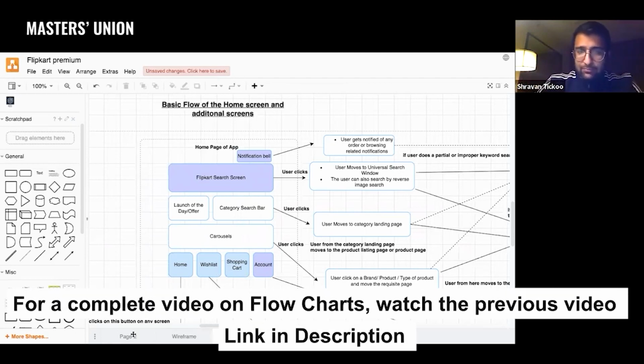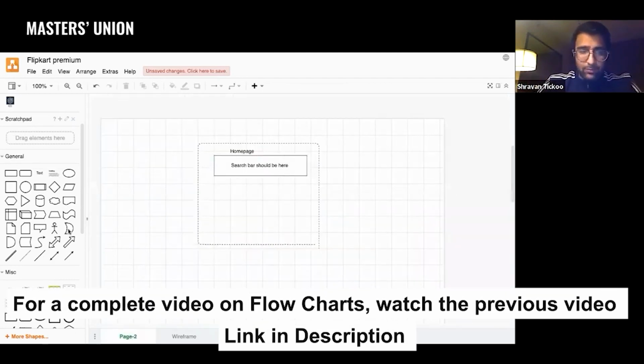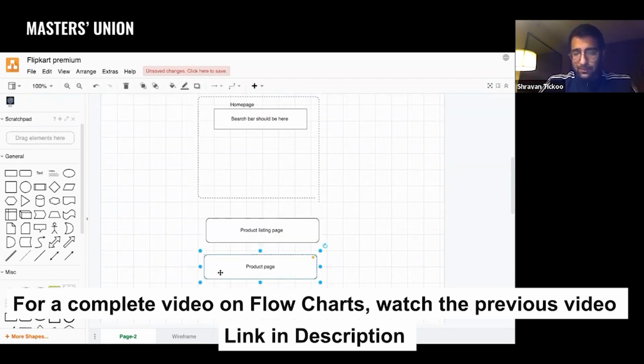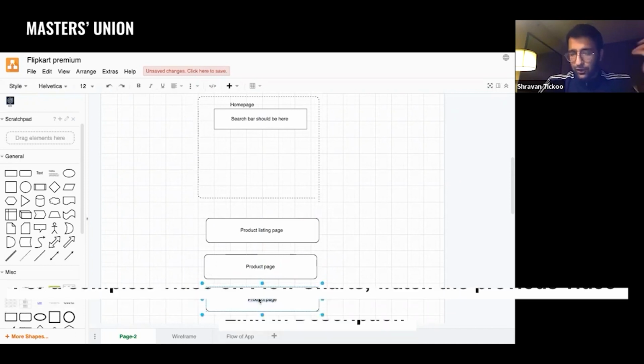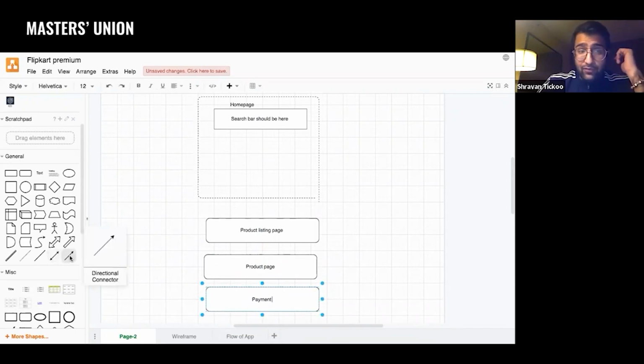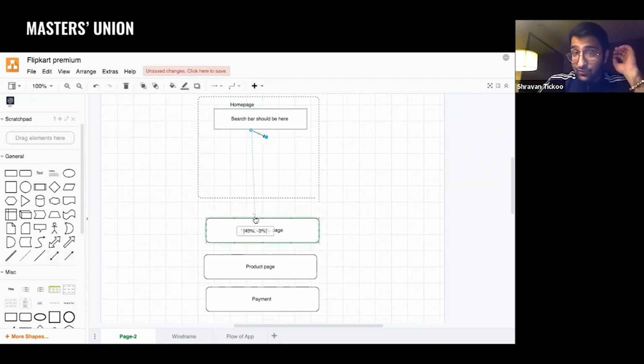The core flow here is that I want a search bar. From the search bar, I would ideally want the user to move to maybe a product listing page. Then from the product listing page, what I would do is the product page, and finally probably to the payment page, whatever it is. It depends on product to product. When I'm defining the core flow, I would represent it like this, typically in bold lines, which shows that it's